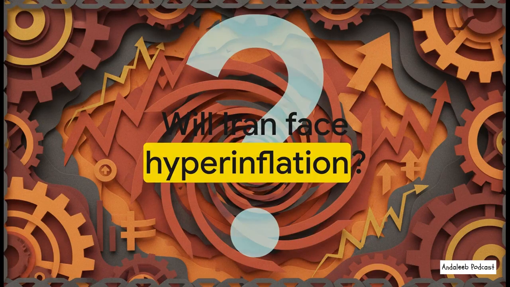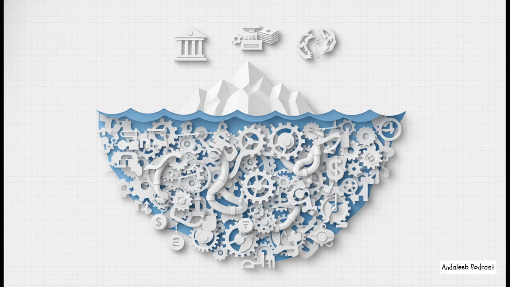Dr. Hosseini's entire analysis really kicks off with this one single urgent question that's just hanging over the entire Iranian economy. Is hyperinflation inevitable? It's a huge question, and to even begin to answer it, we have to look past the easy headlines. Now, you've probably heard the usual suspects blamed for this, right? Sanctions, government spending, printing too much money. And look, Dr. Hosseini's work isn't saying those things are wrong, but it argues they're just way too simple. They miss the really complex, interconnected reality of what's happening on the ground.